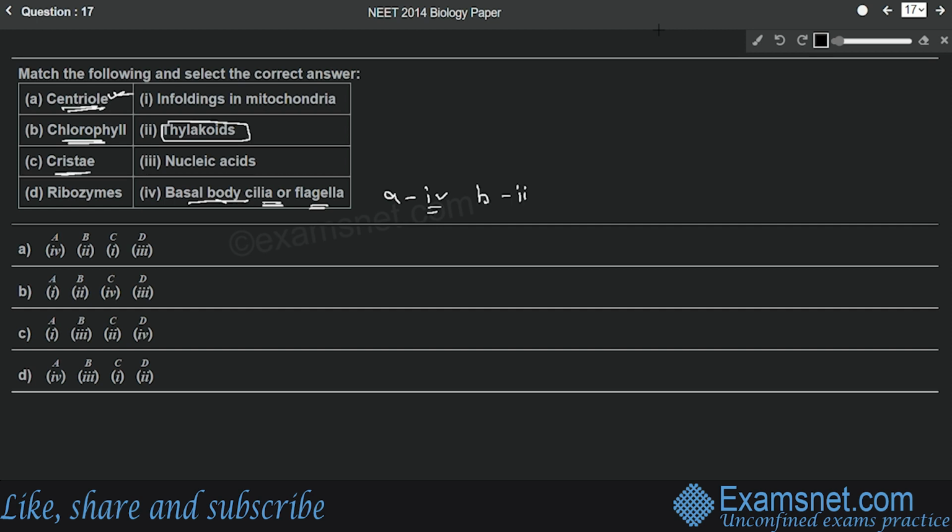Third one is cristae. What are cristae? These are the infoldings in the mitochondria. So the correct match for C will be number 1. And the last one is ribozymes. So what are ribozymes? These are catalytically active RNA molecules. Let's write it down here: catalytically active RNA molecules